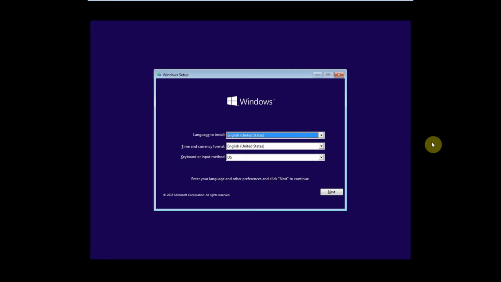Okay, so we're going to be installing Windows 10 here. This is a case where I put my USB into the computer, used the hotkey to get to the boot menu, hit enter, and it's now booting from the USB. Or I have put a CD into a computer with a blank hard drive. The computer has recognized that there's no operating system on the hard drive and has defaulted to the CD drive